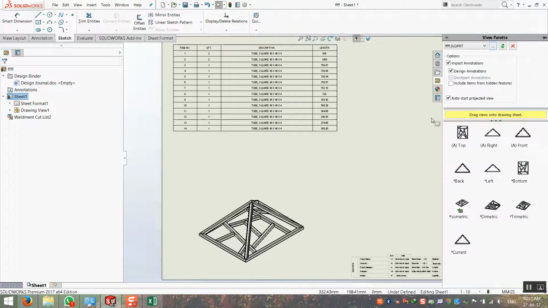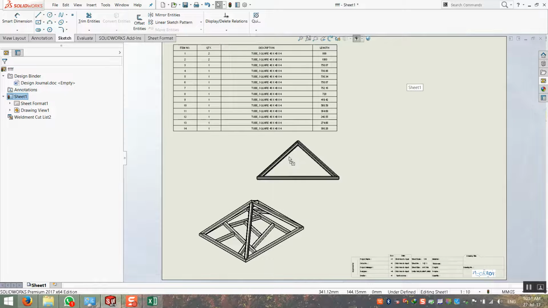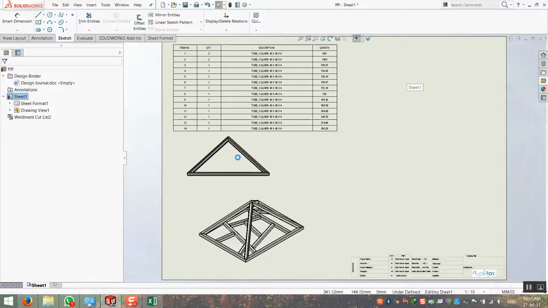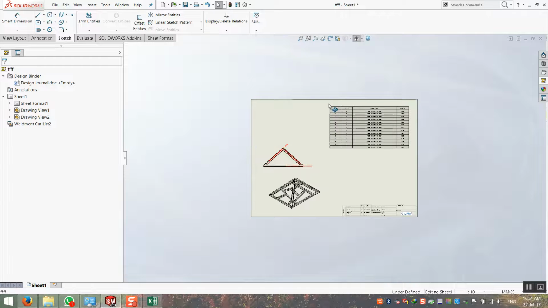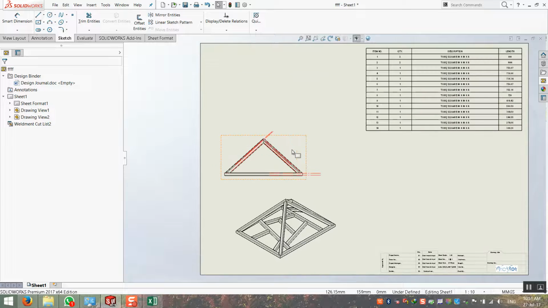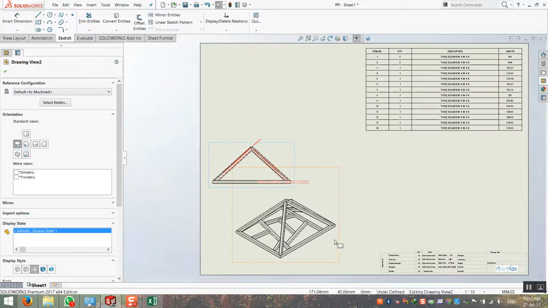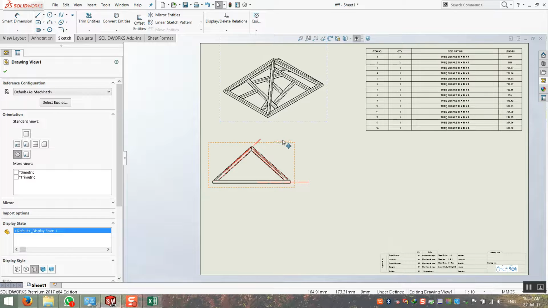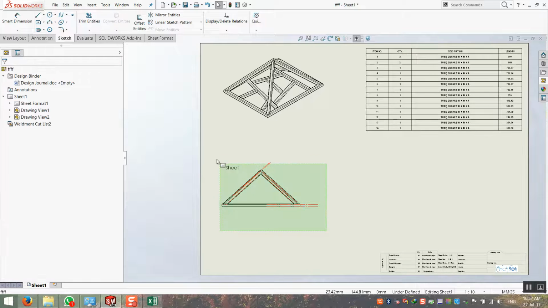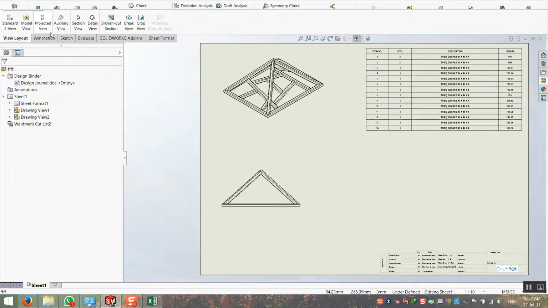Also, have to come with your another views, this view, okay, and organize your chart here. Okay. If you need another view, called projected view,